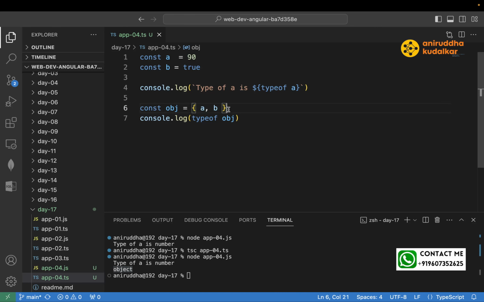Okay, and now I will create const, is of type simple. Just comment this line, is of type simple. Now tell me,